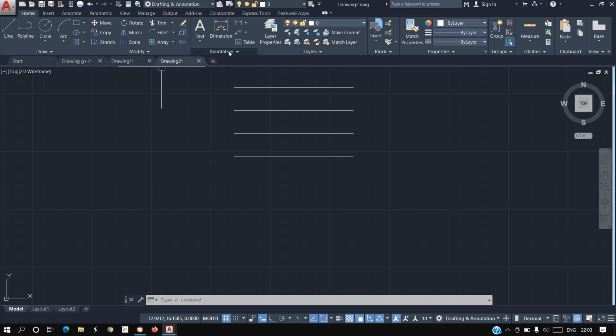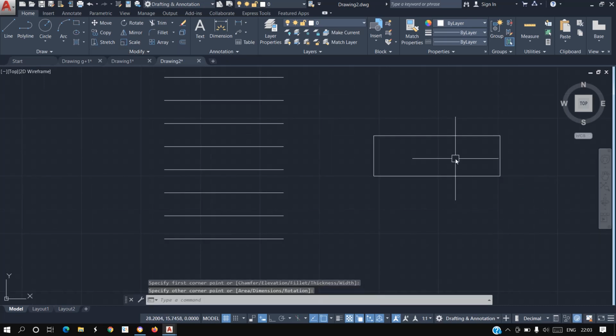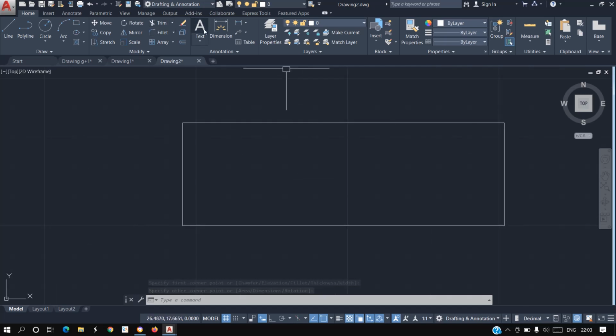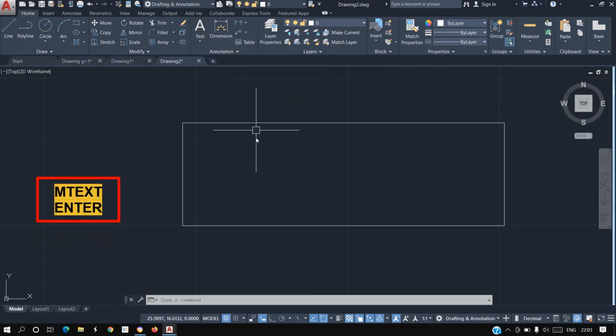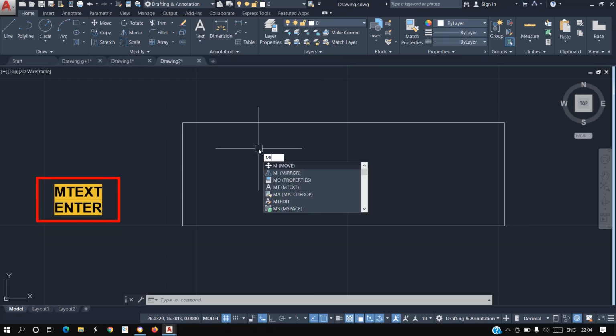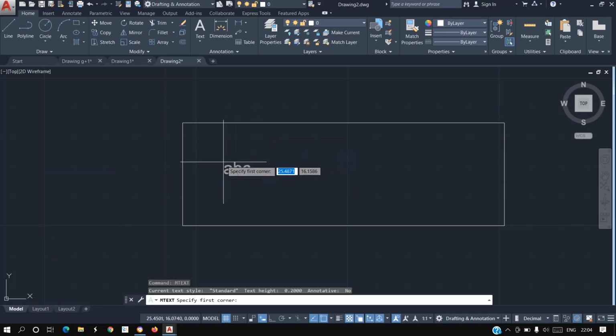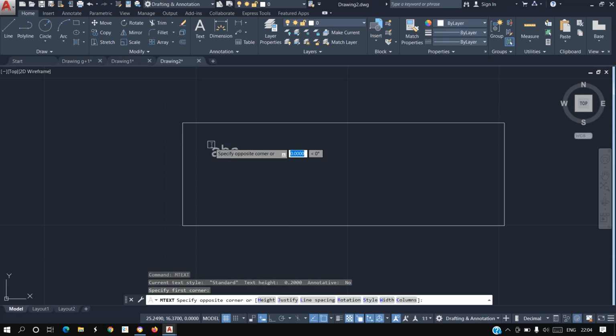Let's move to the annotation. Let's say I want to name this rectangle. You can select the multi-line text from here, or you can type MTEXT on the keyboard and enter. Specify the point where you want to enter the text. Let's say here.